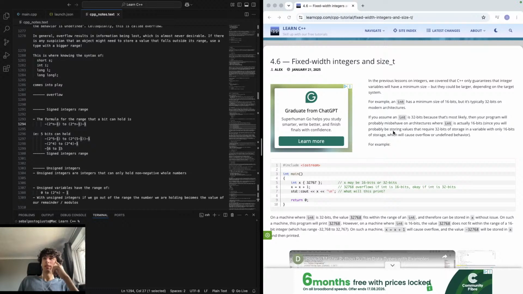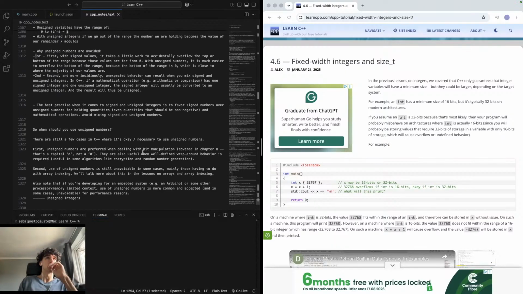Since you will probably be storing values that require 32 bits of storage in variables with only 16 bits of storage, that means that you will have an overflow. And an overflow basically means that when it goes over from, where was